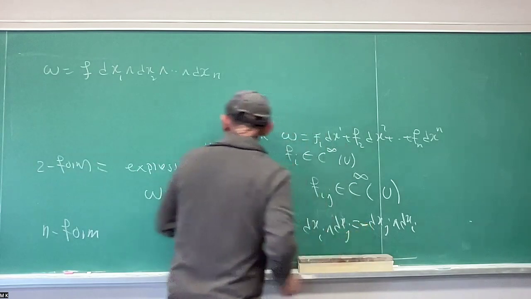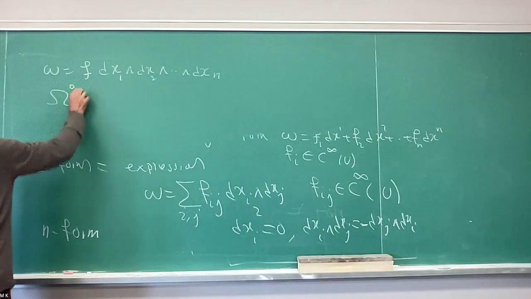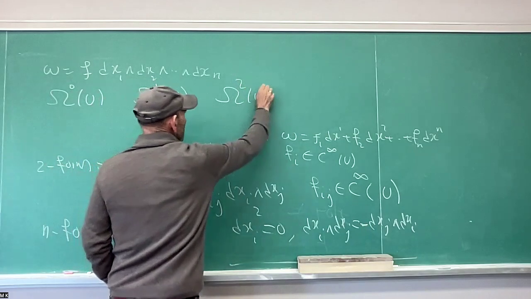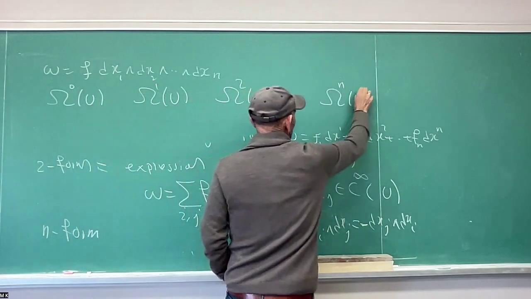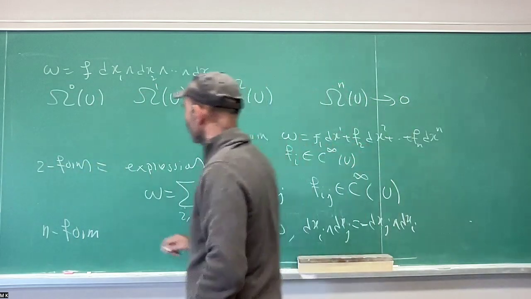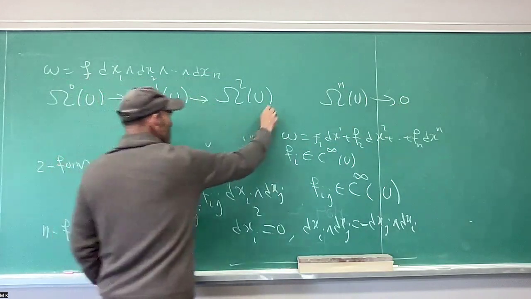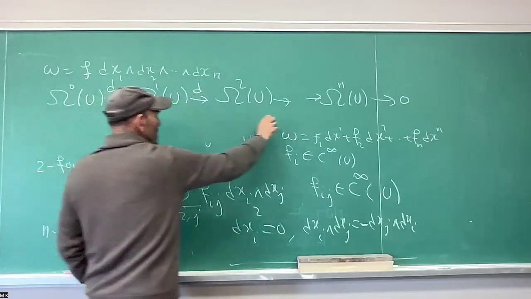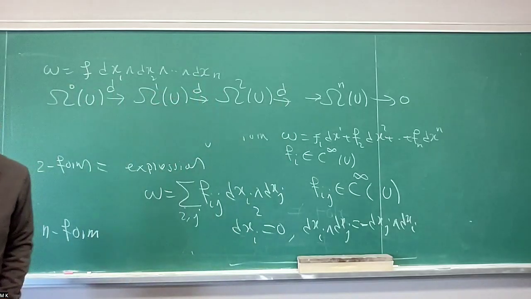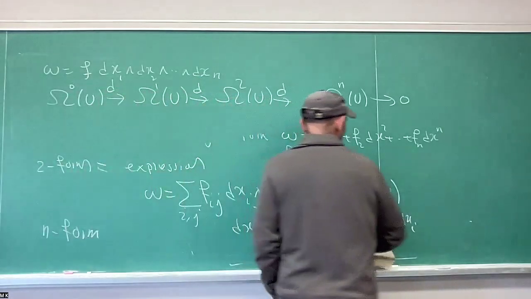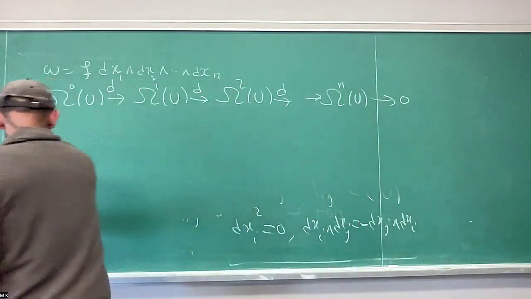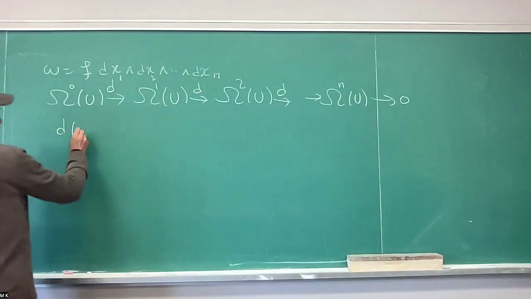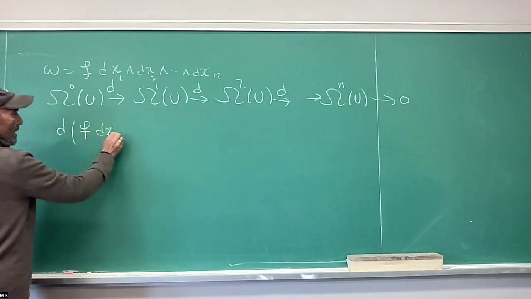It should be negative. So then we just put them inside some complex. We want to form a complex here, like that. And we want to define these maps. I call them d. There is d, there is d. So how do we define this map? Well, the map is extremely easy to define. The map is like this. Basically, d of, if you have some k form, f dxi1 wedge